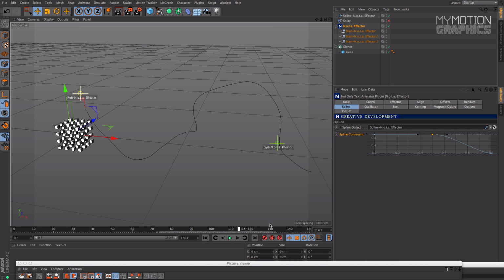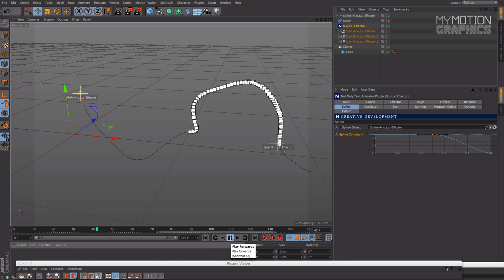Never do it. Never disrespect the spline. I don't know why I just said this. Anyway,